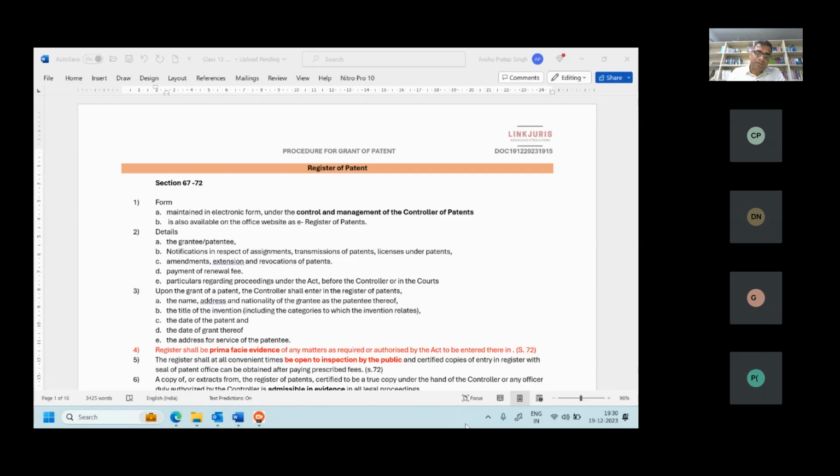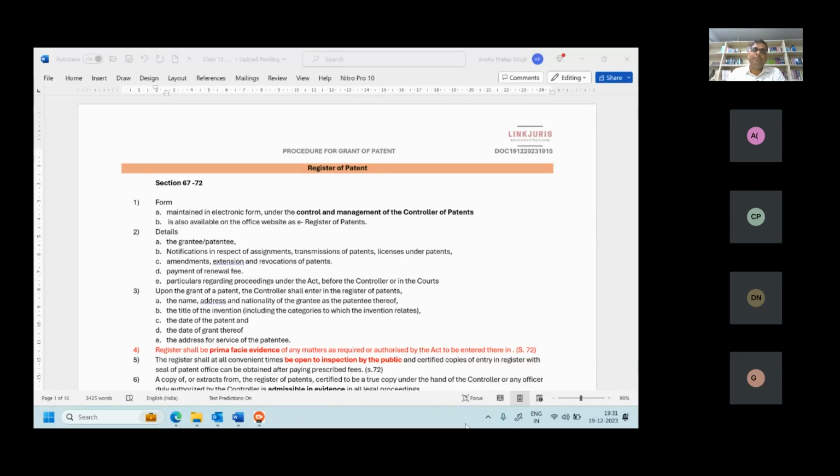However, after that, this can be assigned. Grantee and patentee have a right to assign. Suppose it was granted to an educational institute. The invention was done by some scientists in an educational institute. A, B, C were the scientists, but the applicant was the educational institution. Now, the day the patent is granted, the educational institution is a grantee as well as the patent holder or patentee. After that, if this educational institution assigns, that is, transfers its right of patent, the new assignee